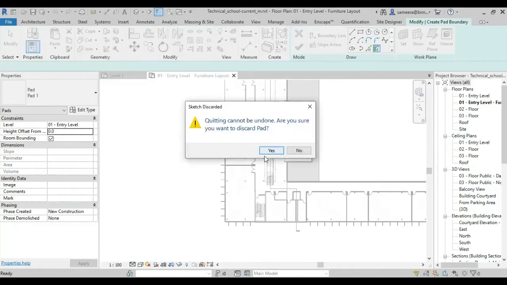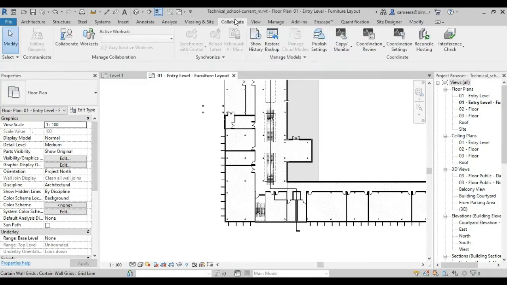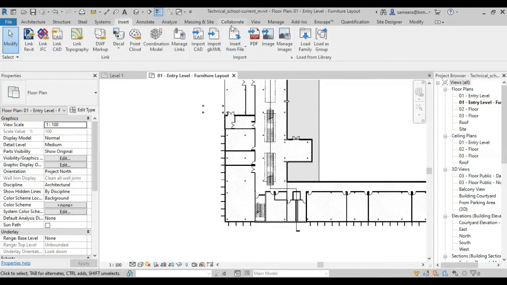Also, these things. Then you should know about this collaborate tab, how to collaborate, how to make worksets, how to use the active worksets, related things. And come to this portion, that means the coordinate portion, which is project management, like management things in Revit. You should know everything related to this collaborate portion and the insert option, how to link a Revit file, how to import a CAD file. You should know related to these things also.